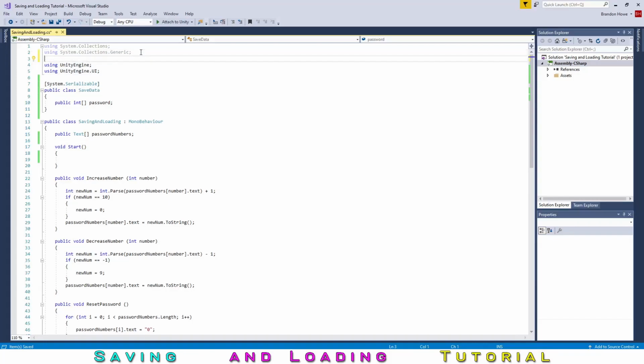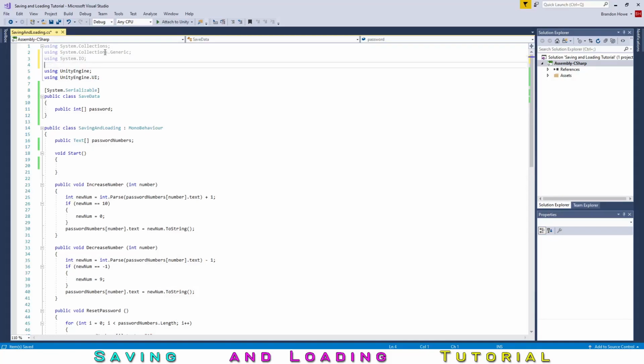It doesn't really matter the order that you type them, but we're going to type using System.IO. That stands for input output, and that's going to have to do with how we get input from files and output stuff to files. Simple enough. Then we need a second one, and this is going to be a long one, brace yourselves,